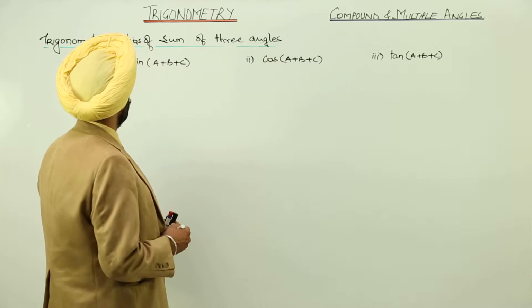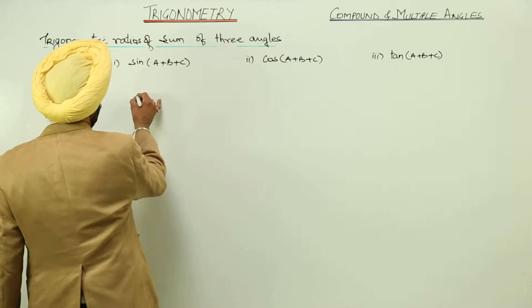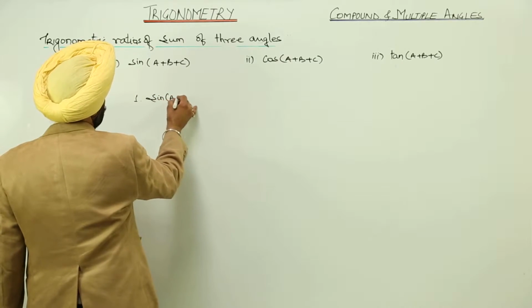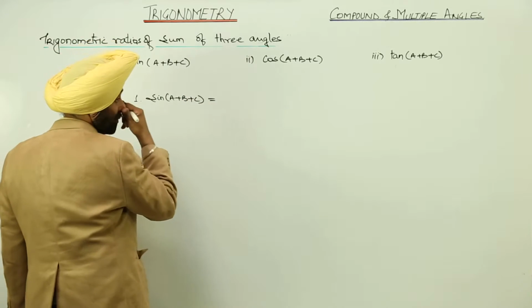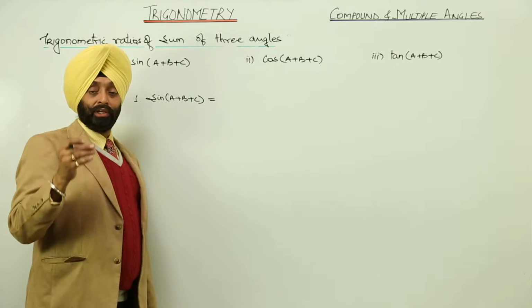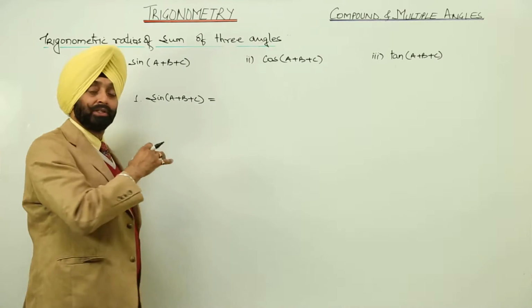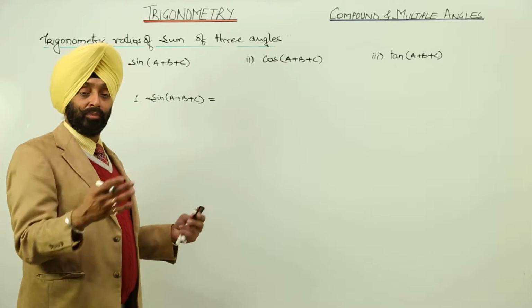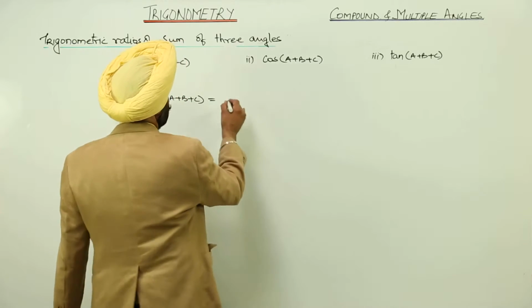Now, trigonometric ratio of sum of three angles. Now I am writing the formulas. Number 1, sin(A + B + C). Now what you can do is take A + B as a single angle and then C, or you can take A as a single angle and B + C, and then you can expand the formula using sin(A + B). I am directly writing the result. It will be